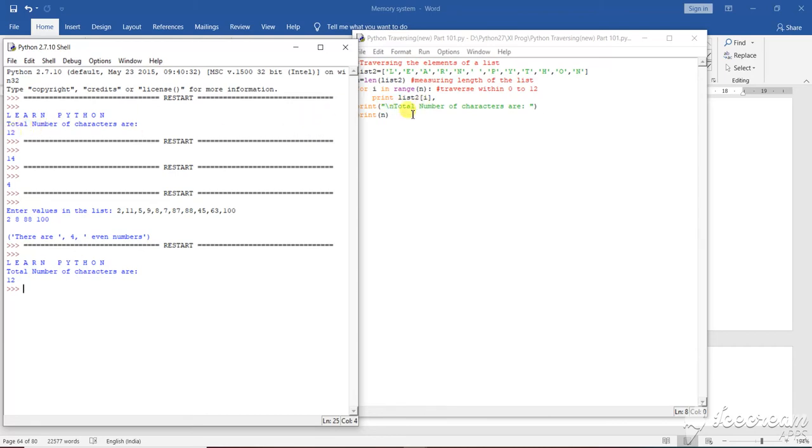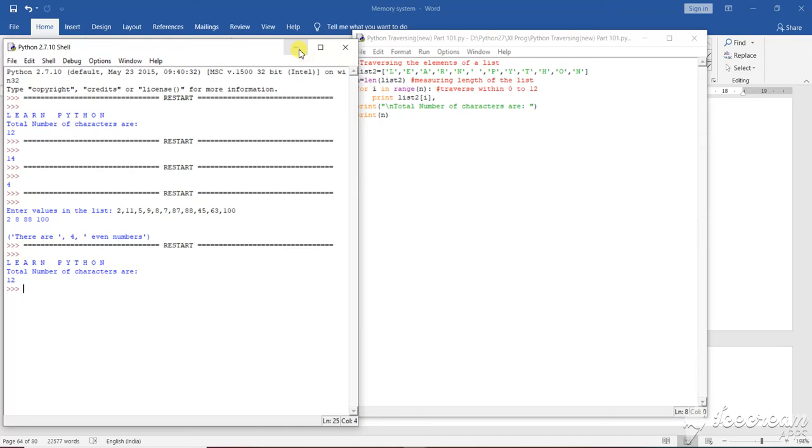So the length is 12, therefore this will show you the length of this particular character value. There are 12 alphabets given here, and based on this, it states the total number of characters is 12. Okay, so this is how you are going to do it.